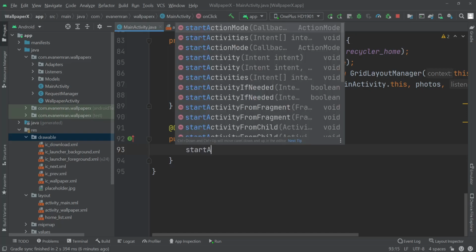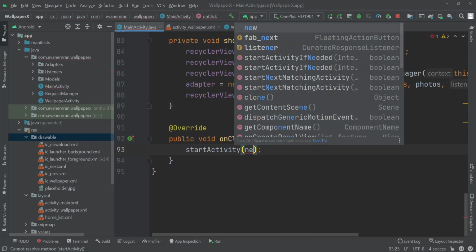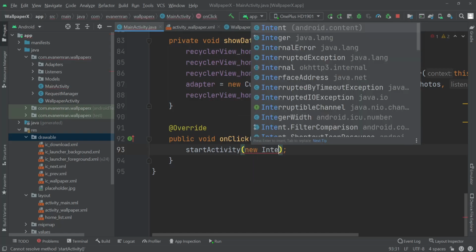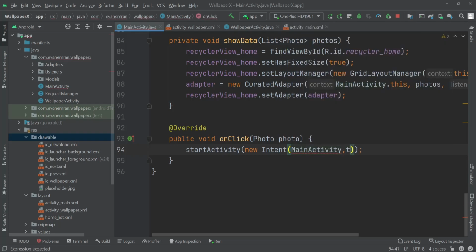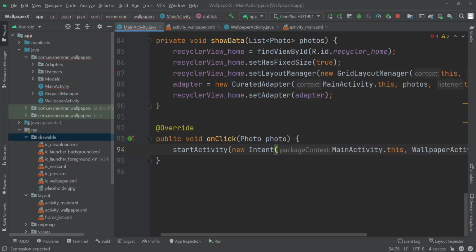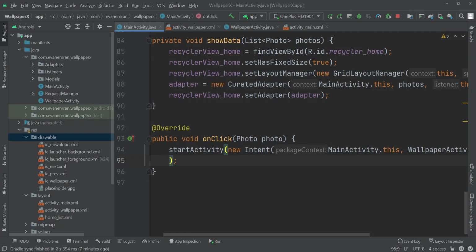So let's start activity, and here I'll create a new intent from MainActivity.this to the WallpaperActivity.class. Okay, and here in between these two brackets I'll create a new line and I'll write